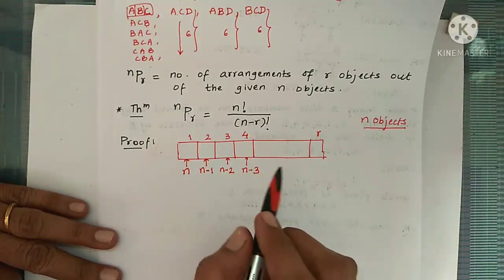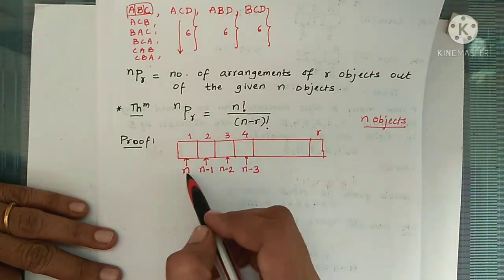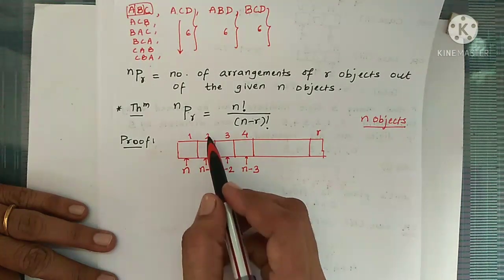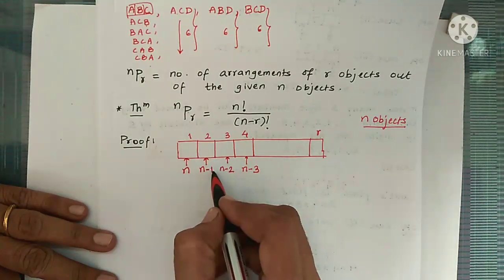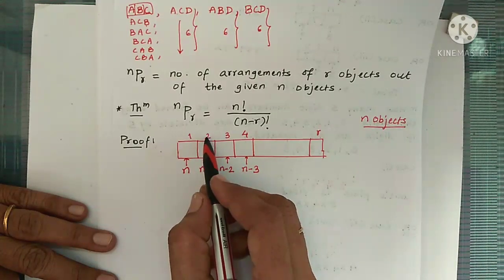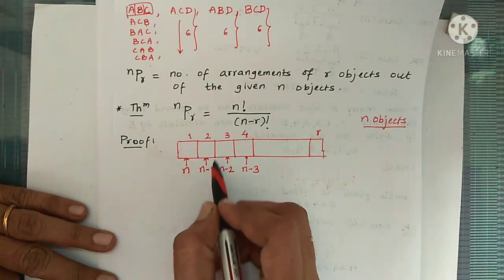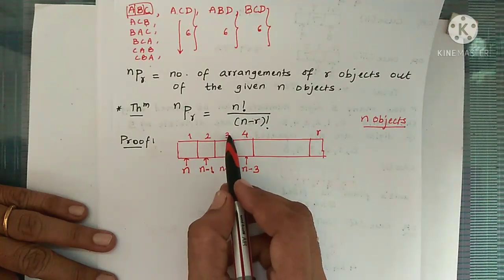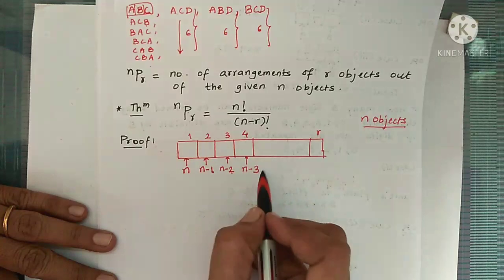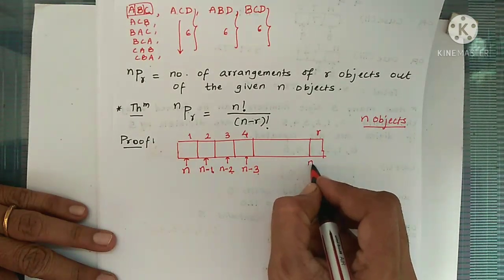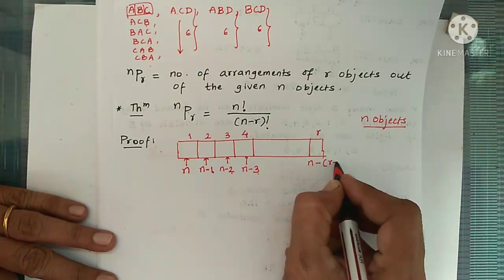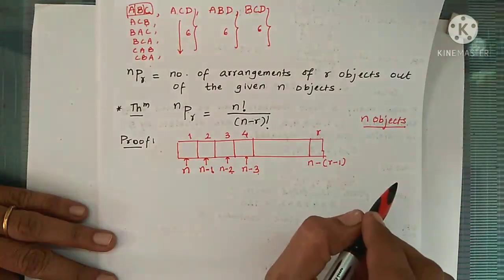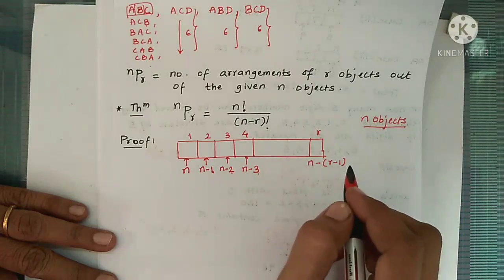Now let's find the relation between the place number and this number. When here we have 1, it is n. If it is 2 here, we have n minus 1. See, the number here is 2 and here it is 1, so we subtract 1 from this number to write the number here. 3 minus 1 is 2, 4 minus 1 is 3. That means we subtract 1 from the place number, so for the rth place it is n minus (r minus 1). So put a bracket for r minus 1.